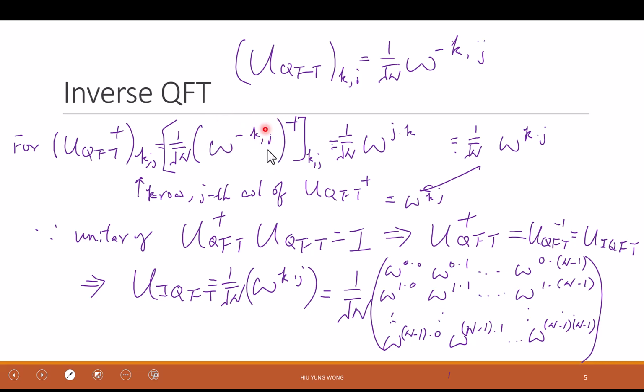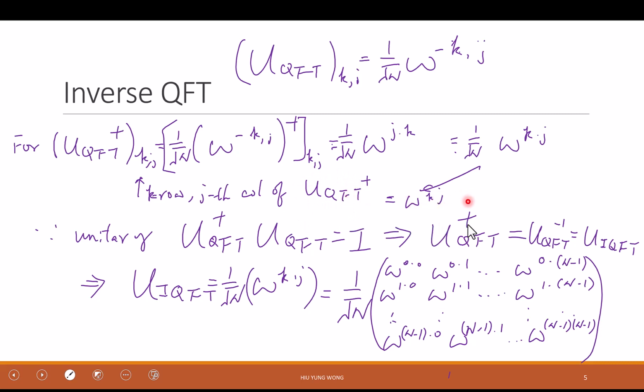So now I can do the transpose. I just swap it, and then I do a dagger, and that's why it becomes positive. And now I'm not writing the matrix. I just think that the kth and jth element becomes jk, and I can swap this to become kj. Okay? So the conclusion is that the kth row and jth column of the adjoint matrix of the quantum Fourier transform